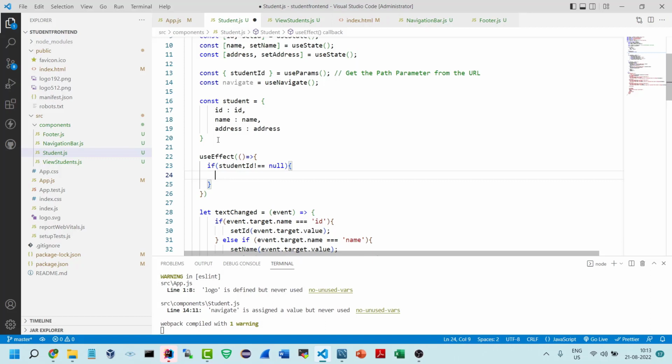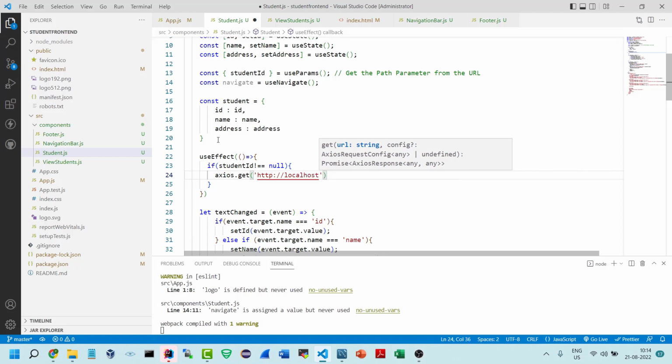So what should be done? You should call the axios dot get request. We are going to implement our last endpoint in the backend, that is a get. Okay, so the URL would be http colon double slash